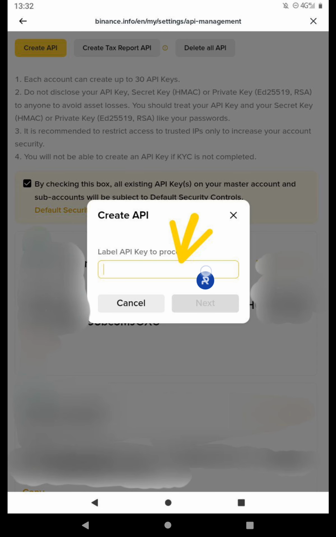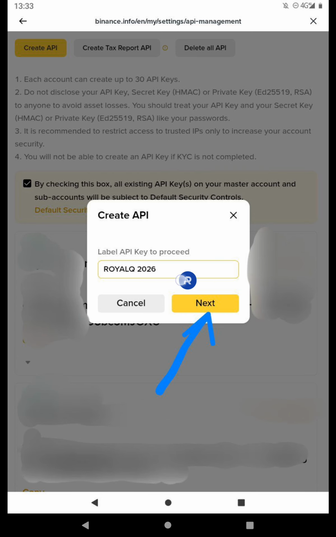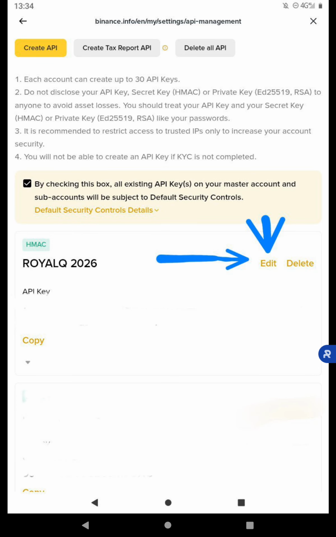and then you just label your API so it can be easy for you to identify when you come to the Binance API section, right? And that's mine. Since the migration is done in 2026, I just want to ensure that I have 2026 attached to my ROYALQ labeling. Then you click on next. Very easy. After clicking on next, you click on edit,